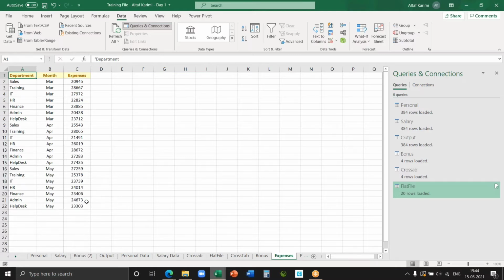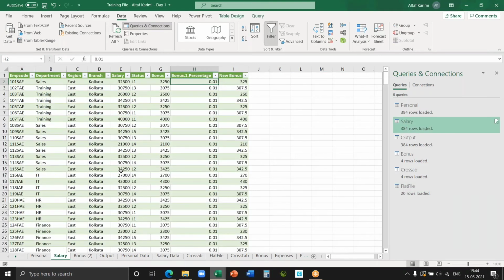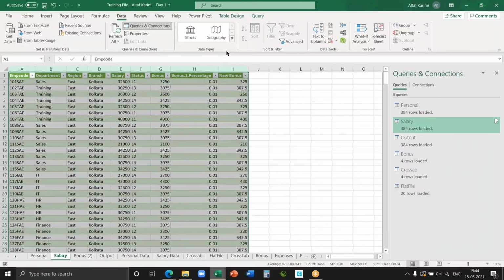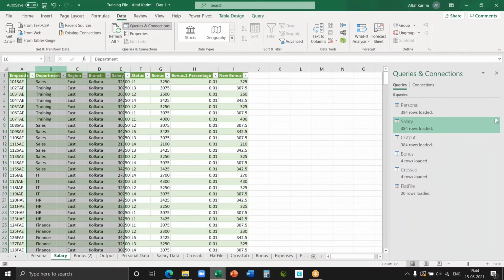Look at this carefully. I have got a column called salary. Are you guys with me? So salary is a column. Sorry, salary is my data. It has all the columns available. And it has a column called department.